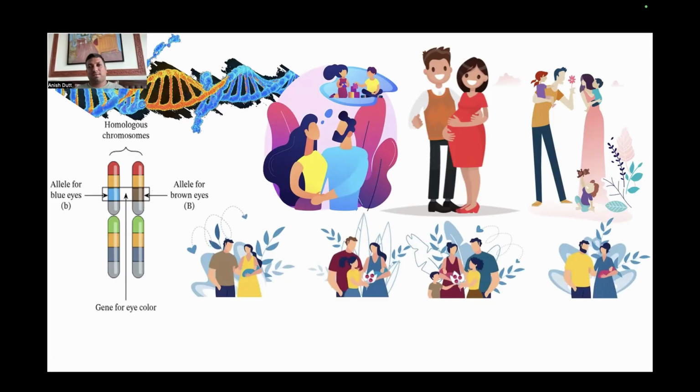A change in the eye color does not affect eyesight, and it definitely does not affect the reproductive ability of an individual, as does a change in the skin color, or there are many other aspects like genes for free earlobes or attached earlobes. Right? There are so many variant genes out there in the population which do not affect the reproductive ability of an individual. And such variant genes, such alleles, get transferred from one generation to another and over a few generations become